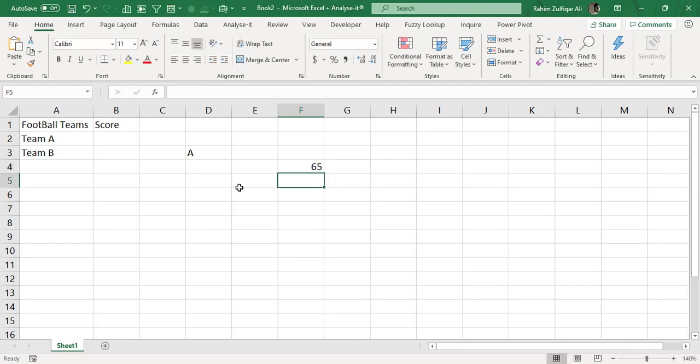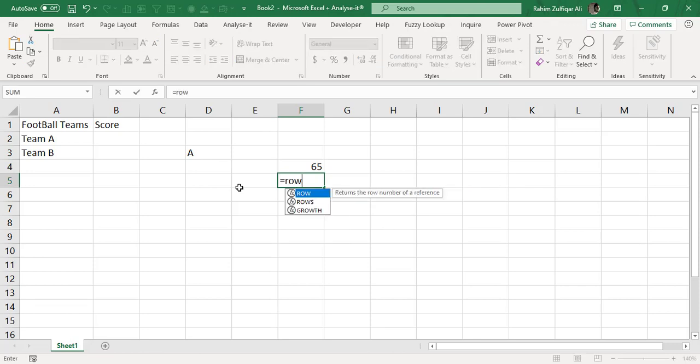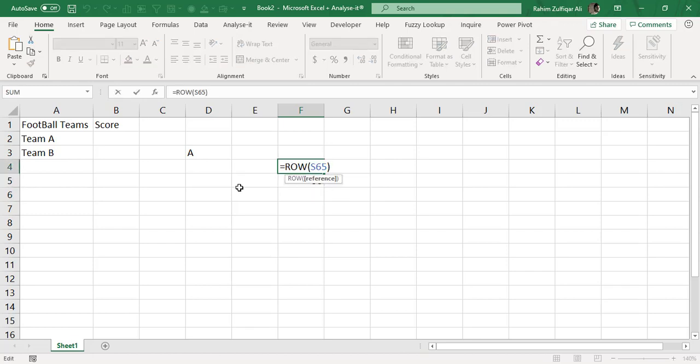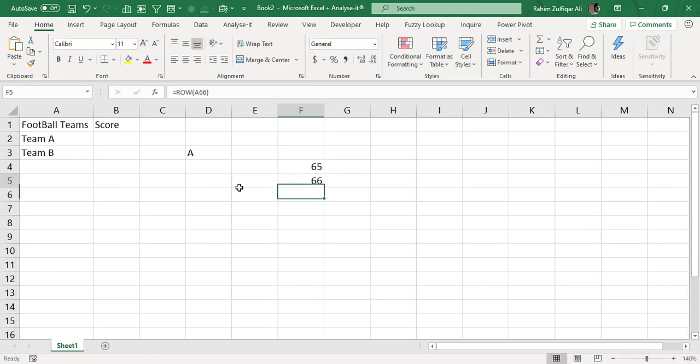Okay, and for example, if I use row A66, it gives me that active row number, which is a reference to it. So it gives me that reference row number. And why am I using the relative reference? Because as the formula is dragged downwards, we definitely need a different alphabet, and for that different alphabet we need a different number: 65, 66, 67 and so on.